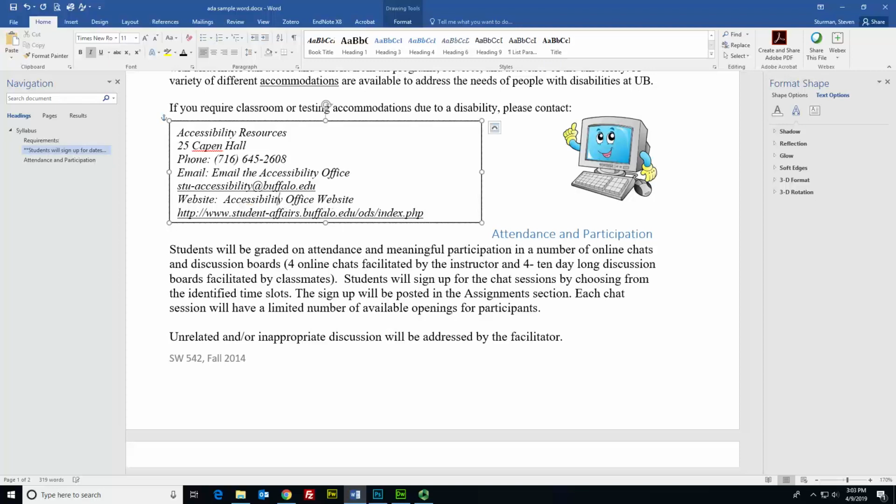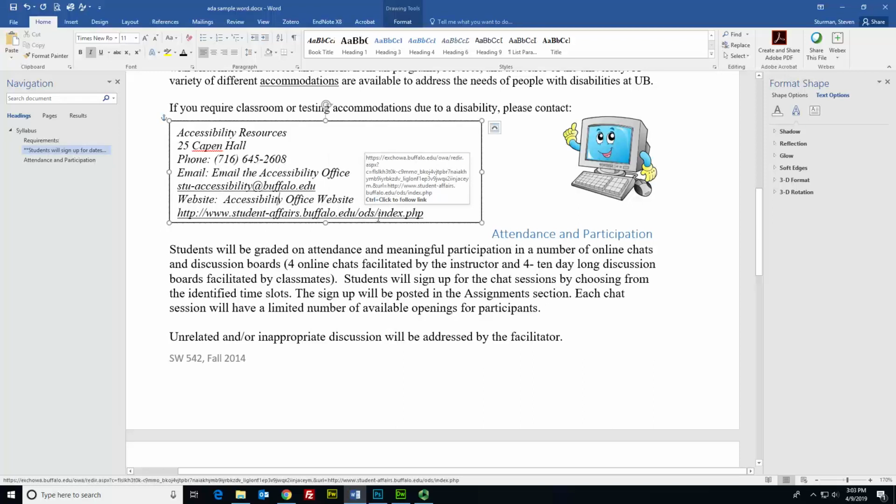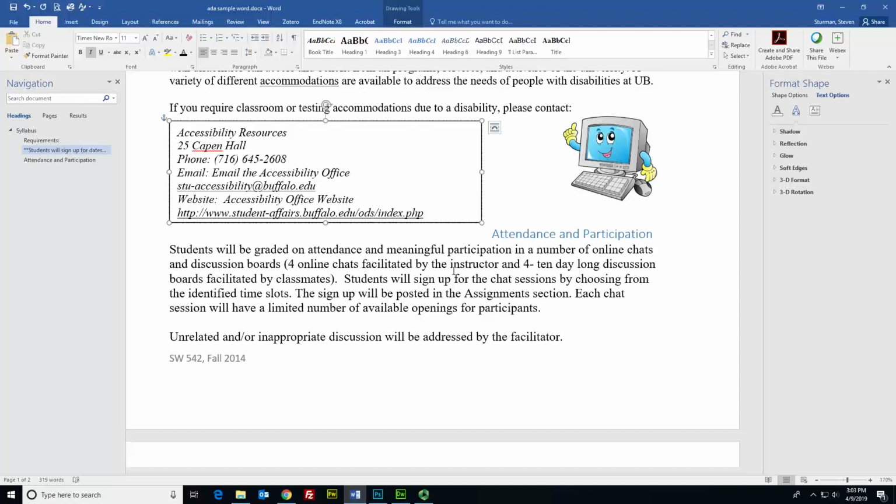a screen reader is coming through this document and it's reading this web address out, it's going to be very hard for a student listening to that to understand what it is they are being taken to, especially when you have websites with lots of random characters at the end of it. That really doesn't make sense to a student listening to this through a screen reader. So when you create a link, you want to make sure that your link uses